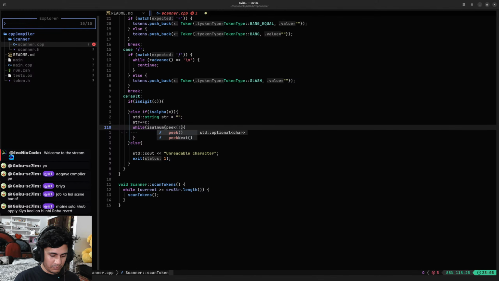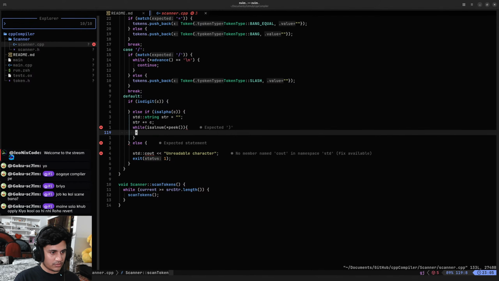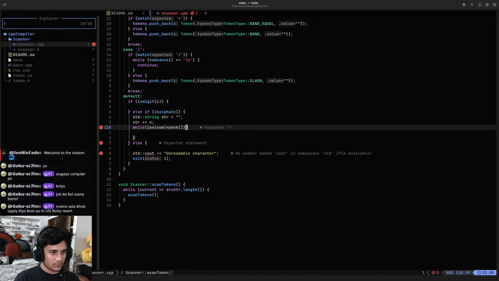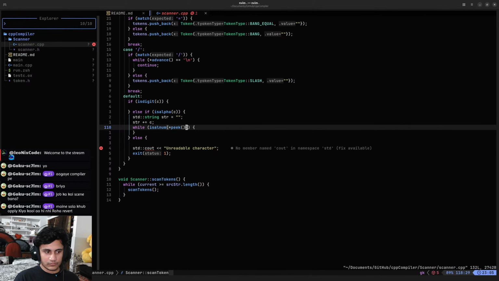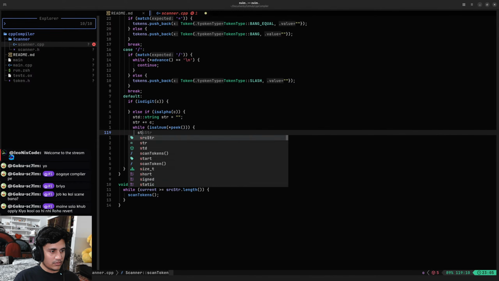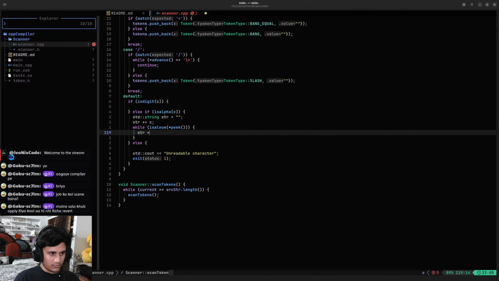It should be peek. Then I need to dereference it. Okay, string classic to be advanced,